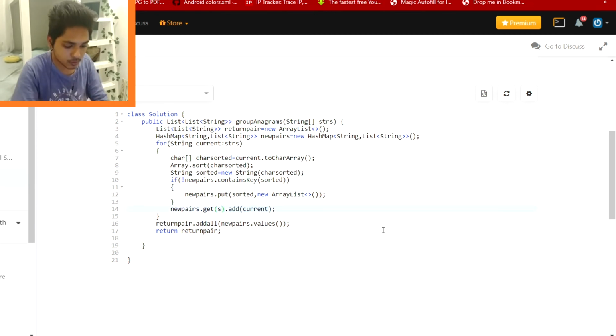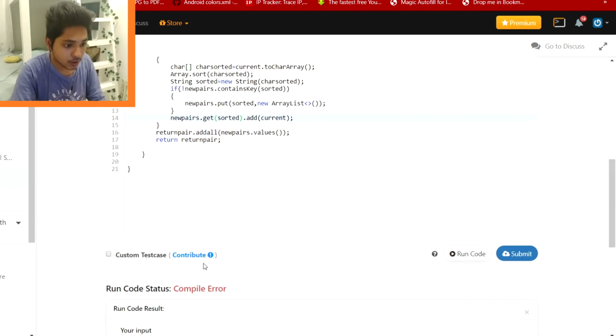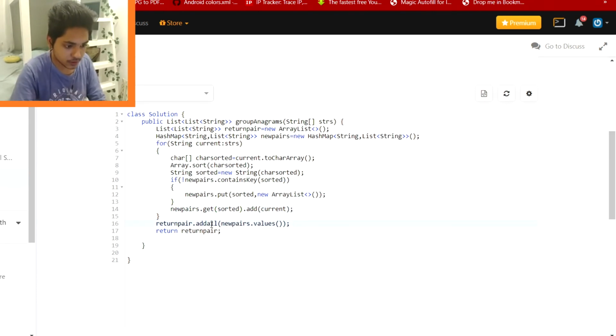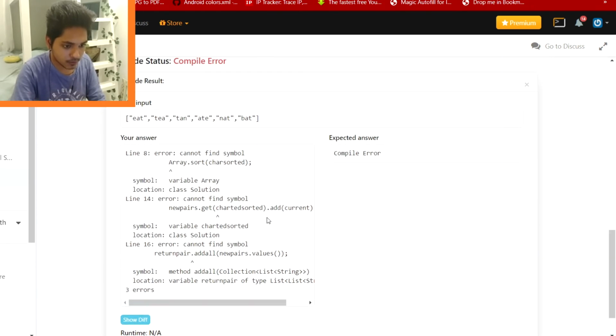Oh sorry, it will actually be sorted, right? So this is fine. Then again, returnPair.addAll. Sorry, in addAll I think this should be a capital A. Yeah, I think everything is fine now.